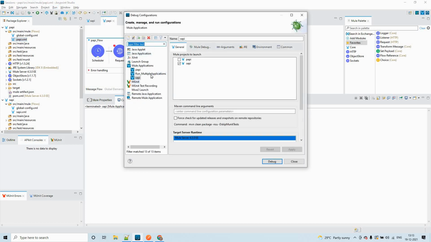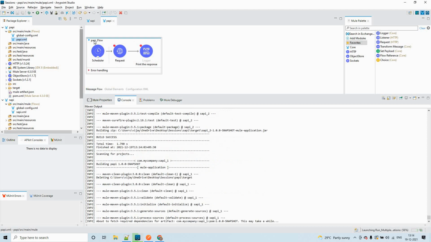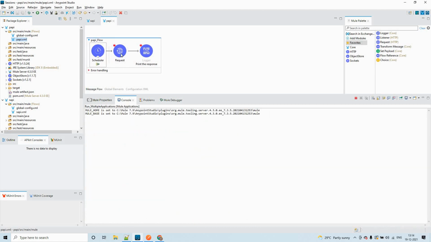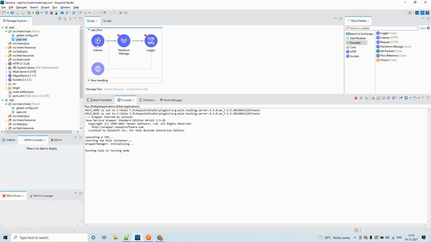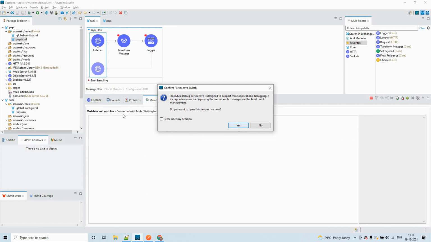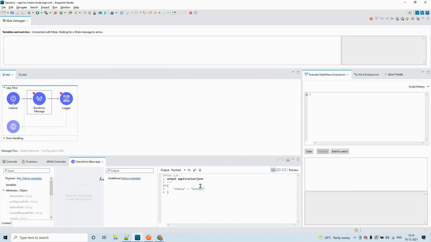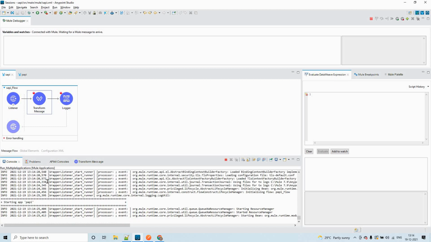Click on debug configurations, select whichever we have created just now, and click on debug. In this flow, I'm sending an HTTP request from PAPI to the SAPI, where I have configured the HTTP listener configuration, and I'm just sending a response, status equal to success, a JSON response, back to the process API.